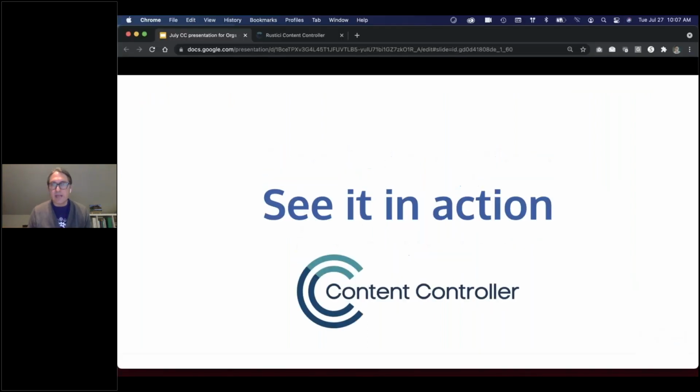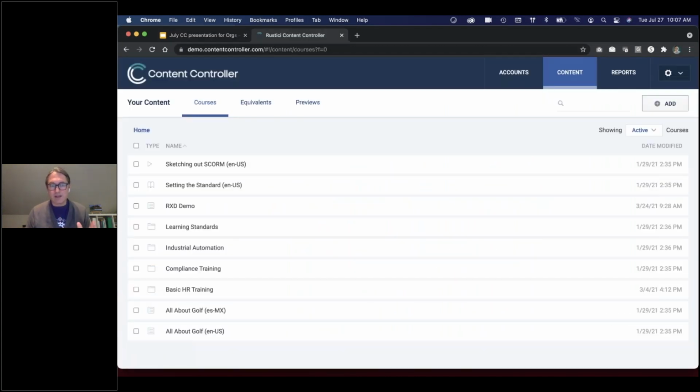So let's go ahead and spend the next little while actually looking at the application itself. I wanted to get through that introduction part of the presentation relatively quickly, set the stage, but ultimately show you the application, the features of the application, the problems that it's helping to solve within the various sections of the tool. So the first place that I like to start when showing off the application is the Content